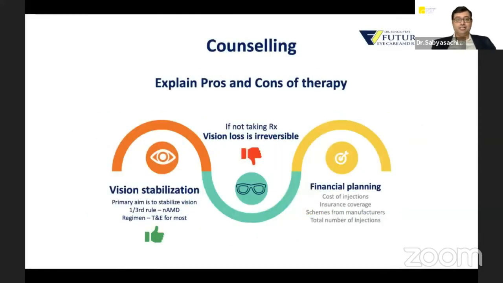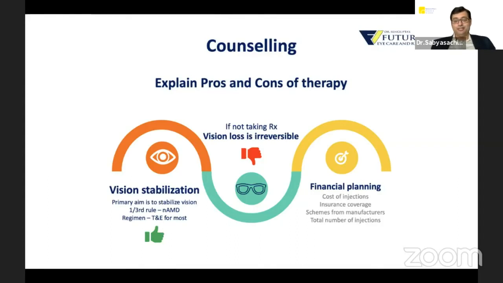The first thing is counseling. I think it's important to explain the pros and cons of therapy to patients, and we are already aware of all those that go into decision making, as Dr. Parveen and Dr. George have very nicely elucidated. But the crux of it is to get across to the patient that we are looking to stabilize vision, which may or may not always improve. So the primary aim is to stabilize vision, and the 1/3 rule is applicable especially for neovascular AMD,